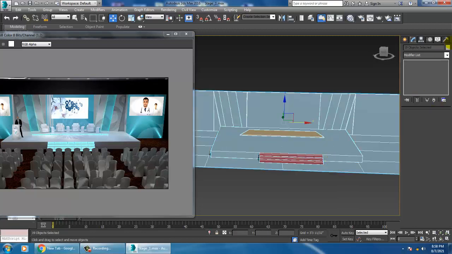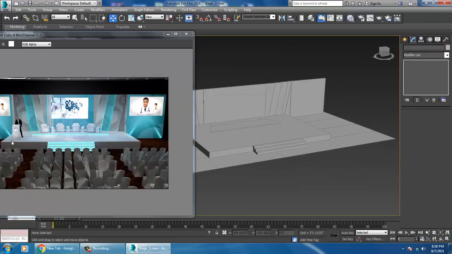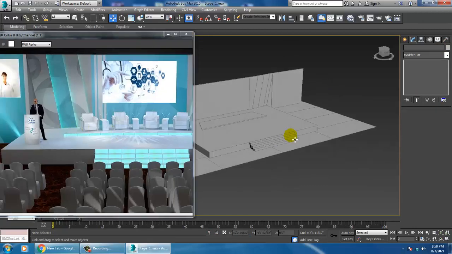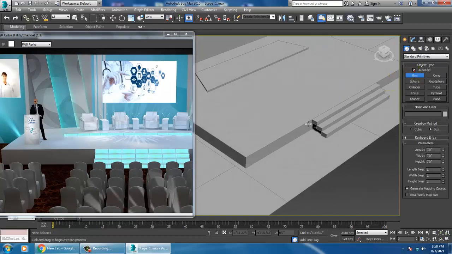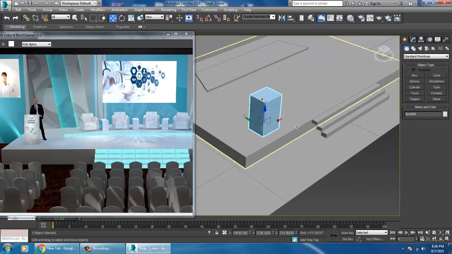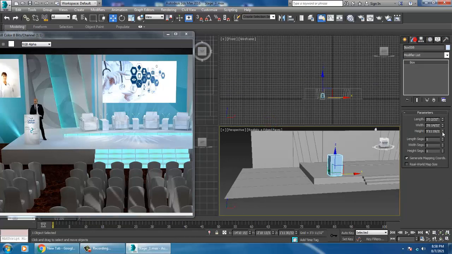I'll select all of this and create a small, very basic podium over here. Let's take auto grid over here, take a box. For the height, we can set the podium height at around 4.5 feet.